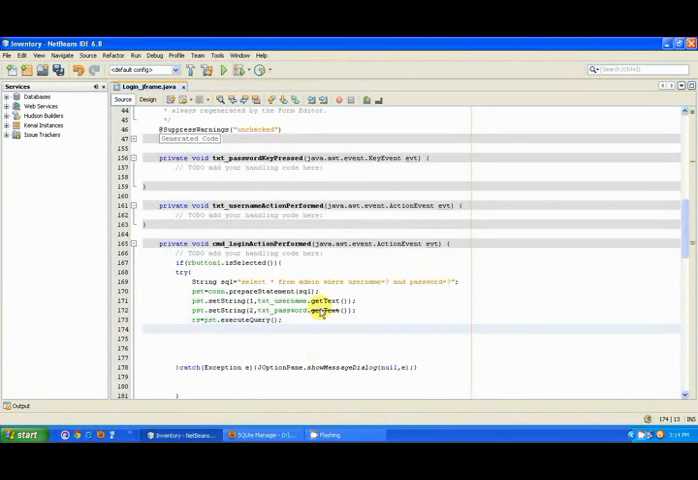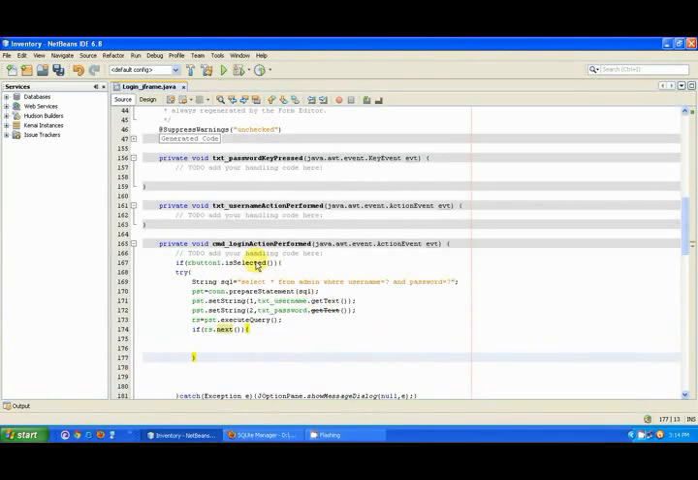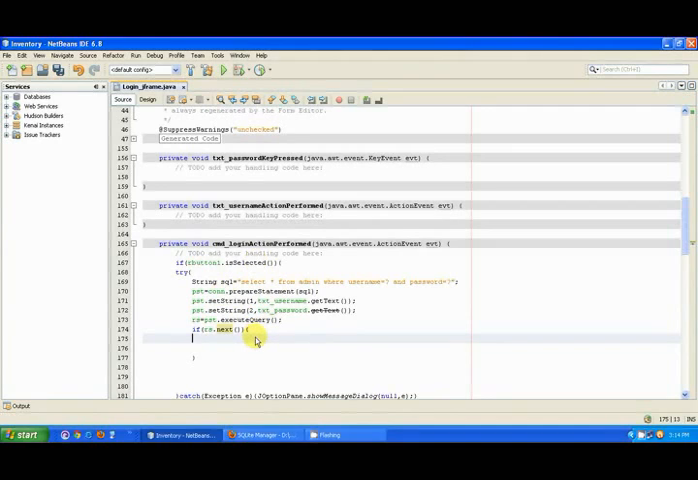Now we'll be using the if statement, if result set dot next. Okay, then if it exists, then what we have to do is we have to display a message first of all, that is JOptionPane dot show message dialog, and the message will be